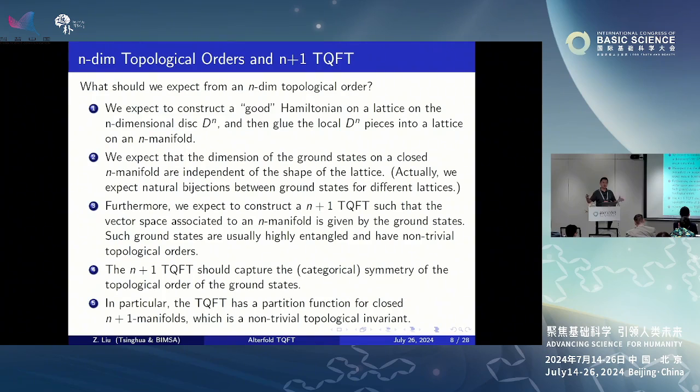Like usually in algebraic topology, we study the topology in all dimensions together. But this is kind of a theory that's so sensitive at dimension n and n+1 rather than all the dimensions. Even though we can construct models for all dimensions, there is really a distinguished dimension that's most interesting.